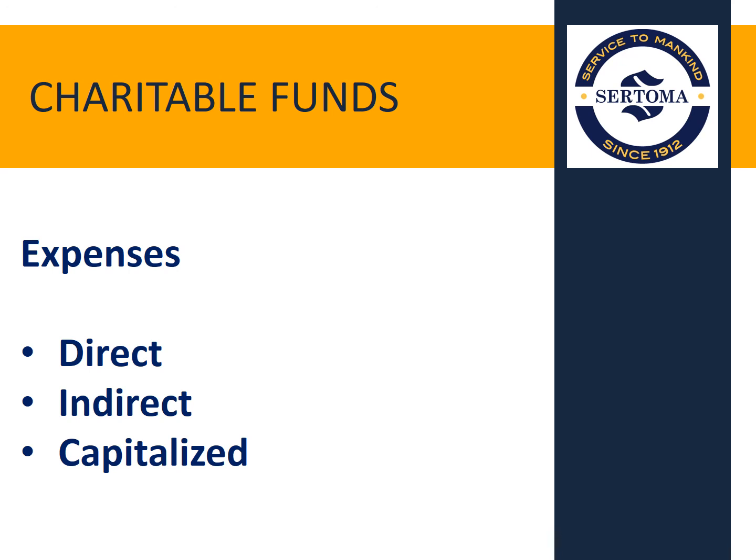Finally, we have the capitalized expenses. If the club acquired materials or equipment that is used for one or more events or activities, the cost should be prorated over the expected lifetime or usefulness of the items. Examples may include cooking equipment, trailers used only for storing and hauling equipment for fundraising activities, and gambling equipment used at fundraisers. Make sure to check out page 21 of the Treasurer's Manual to learn more about the allowable percentage